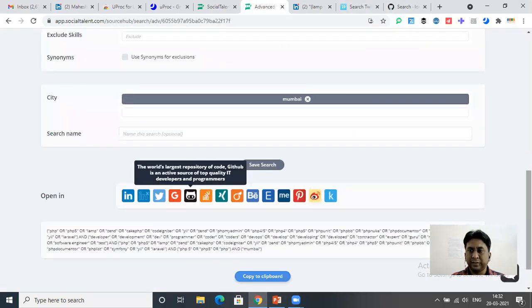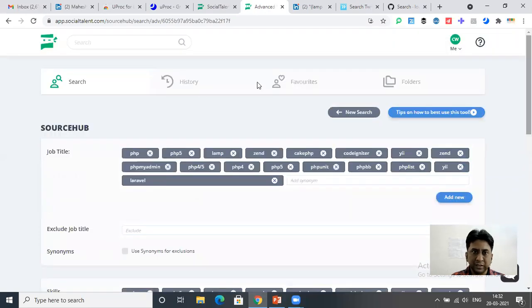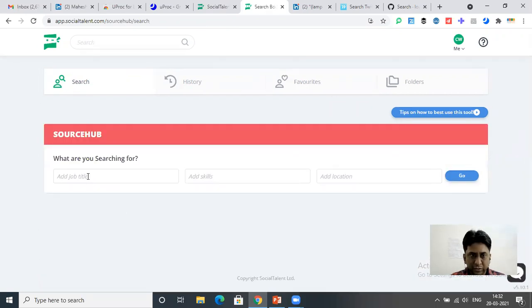So this is Social Talent wherein you don't have to prepare anything. You can see history also, in a folder also. Again, we will do some search for accountant, and the skills we require are Tally, then GST, then receipt.